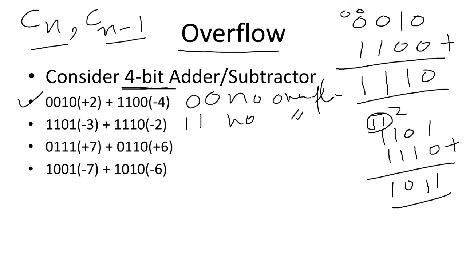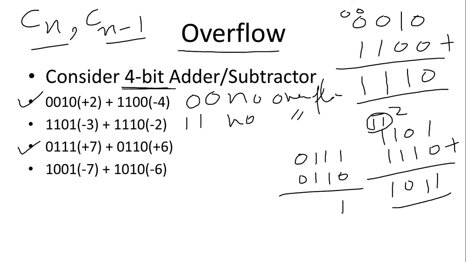So the other example is the third one. We can add plus 7 with plus 6. The answer should be plus 13, which definitely exceeds our limit, because the highest number is plus 7 in this range. So 0, 1, 1, 1 for plus 7, 0, 1, 1, 0 for plus 6. If we add it,